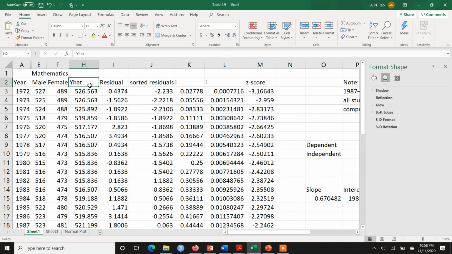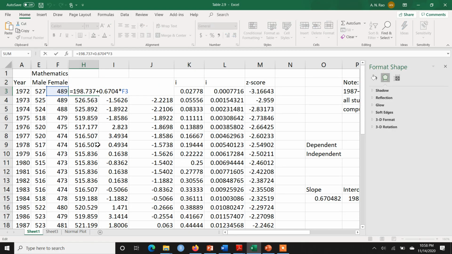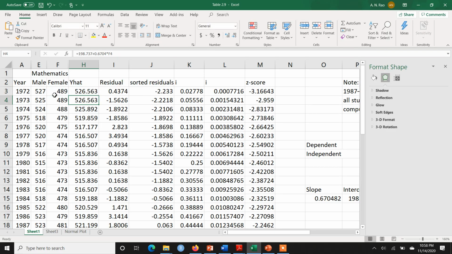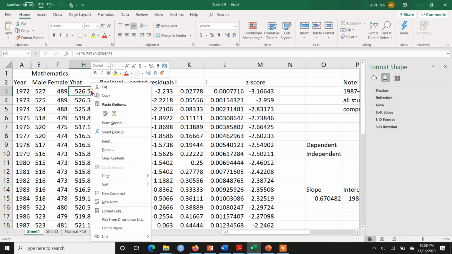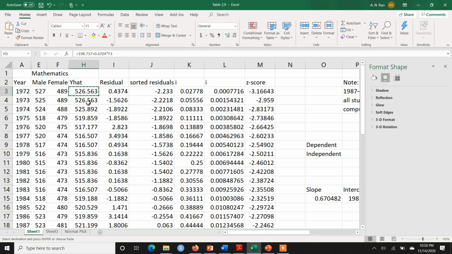So how is the predicted y hat series calculated? You can see that I have used the regression equation, which is equal to intercept plus slope times the x variable. If I calculate the first y hat, I can simply copy it and drag it downwards. I'm skipping that part, you can simply paste it. So that's how I have calculated the predicted y values, or y hat.